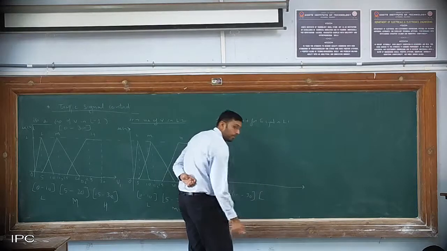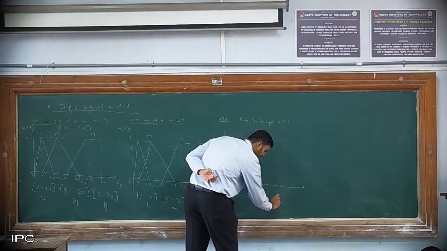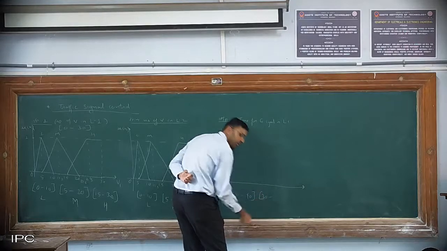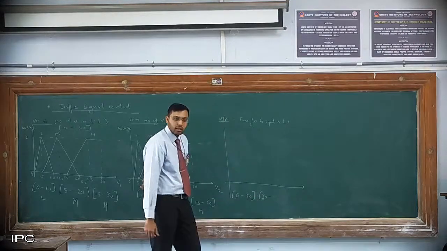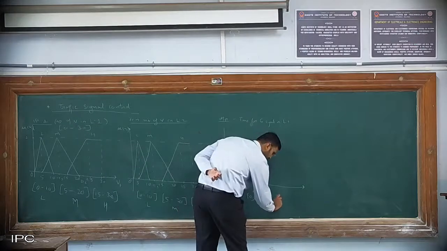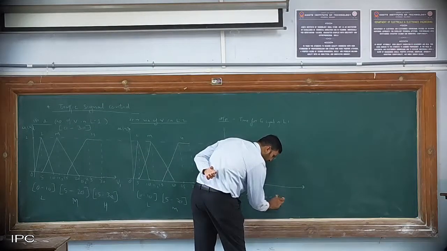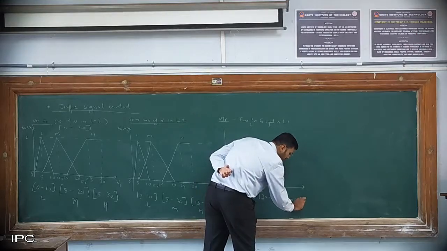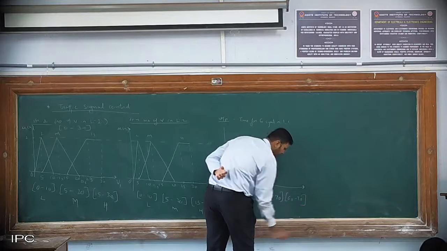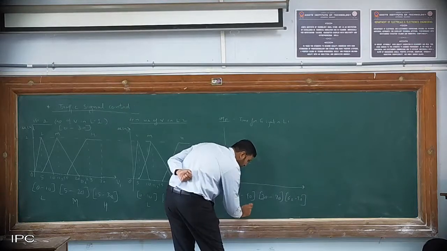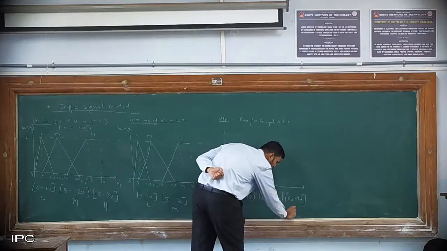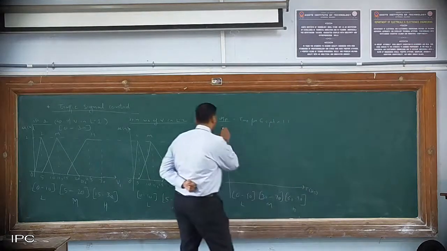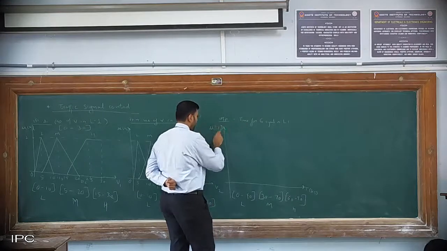Next, or let us consider this as 40 and then 30. It will be much simpler. 0 to 40, 30 to 70, or 80. 70 we will consider better. And then 60 to 90. Okay. So what will happen here is low time, medium time and high time. Time in seconds. And this is nothing but mu of t.